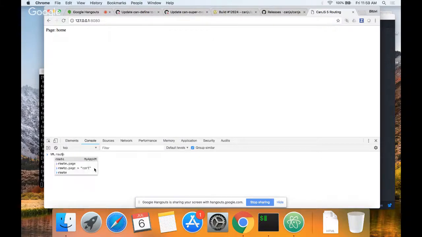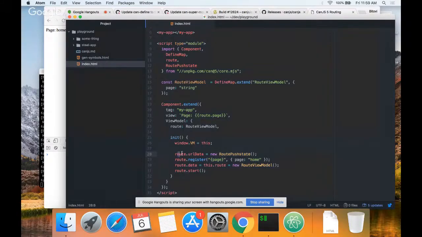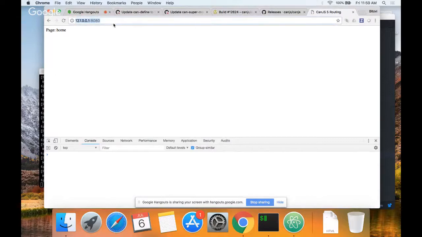Now if I change the page to be sports, you can see we get push state routing with pretty URLs. And that just changes it automatically. I can't refresh this because I'm using just a plain HTTP server and it wouldn't work. But you can see how easy it is to enable. You just basically add this. Whereas before you just imported it, now you need to add this. So the last thing is that, as you can see, if I just comment this out, I'm going to get